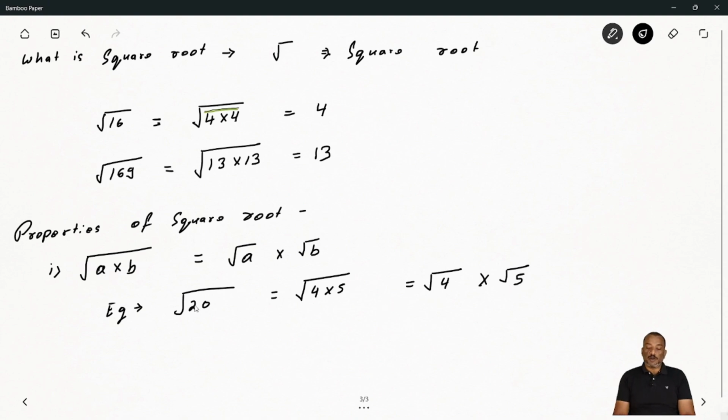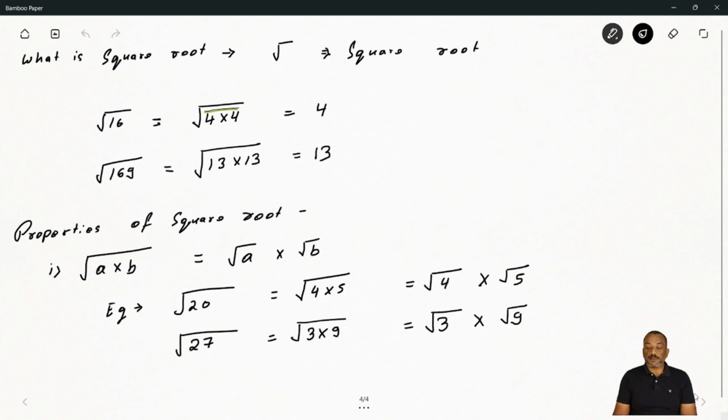Hope you're getting? Now same way if you have suppose a number is given like 27, ठीक है, तो 27 को हम लोग स्प्लिट कर सकते हैं बेस्ड ऑन फैक्टराइजेशन। सो वी कैन से 3 times 9, स्क्वायर रूट ऑफ 3 times 9, सो हम लोग इसको स्प्लिट कर सकते हैं, सो वी कैन से स्क्वायर रूट ऑफ 3 times स्क्वायर रूट ऑफ 9। ठीक है, तो दैट इज योर फर्स्ट प्रॉपर्टी।